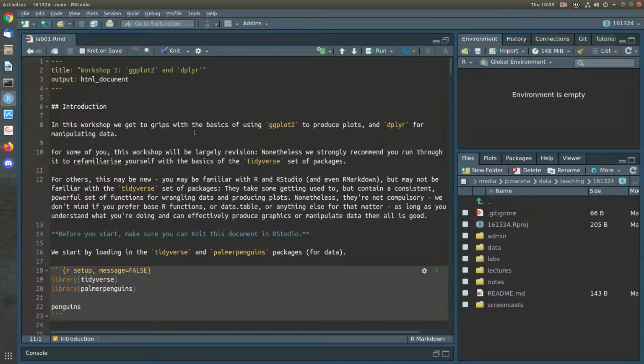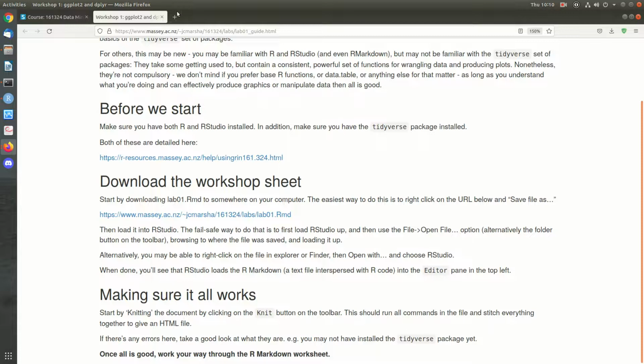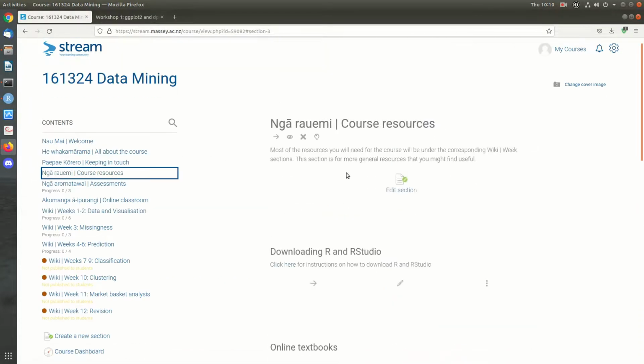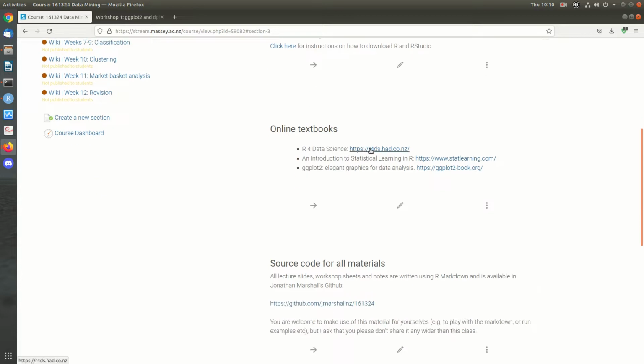And I read through, so we're going to be looking at the basics of ggplot2 to produce charts and dplyr for manipulating data. So if you haven't done much using the tidyverse set of packages, so that's things like ggplot2 and dplyr and tidyr and so on, then I highly recommend you spend some time looking into tidyverse a bit more. So one potential resource for this would be, if we go back to Stream, under the course resources, there's the R for Data Science book. So if you click on that,